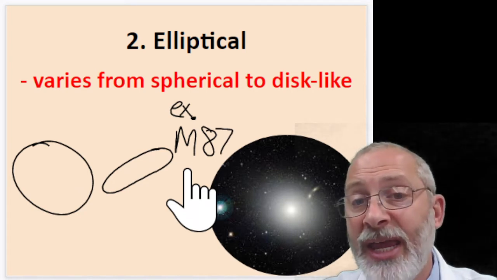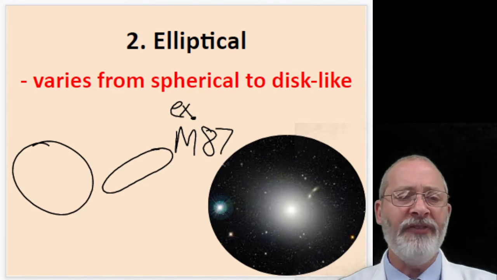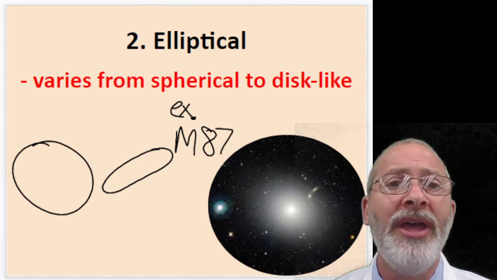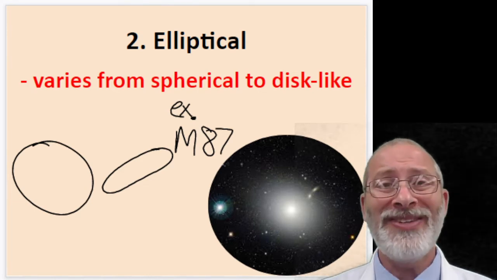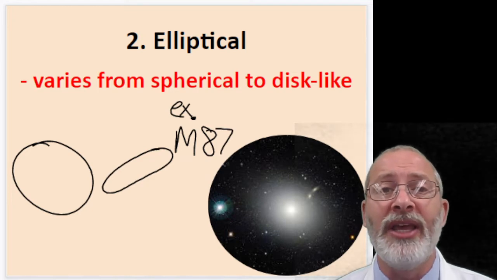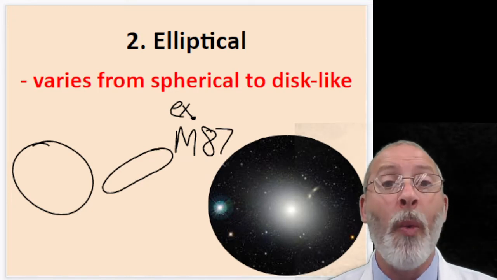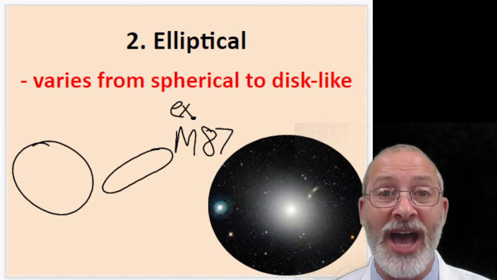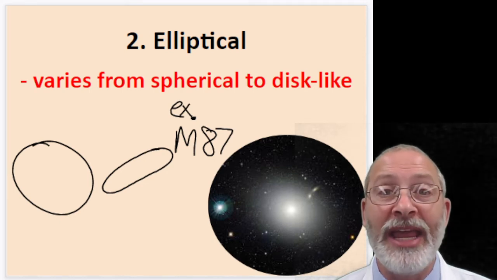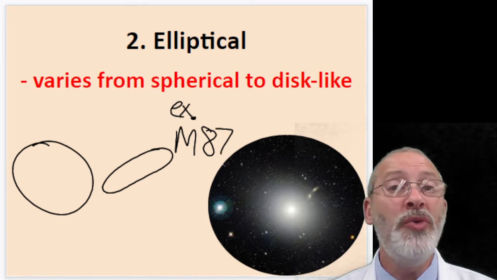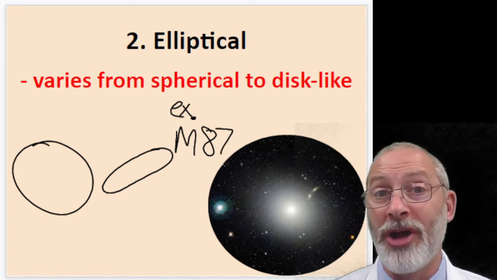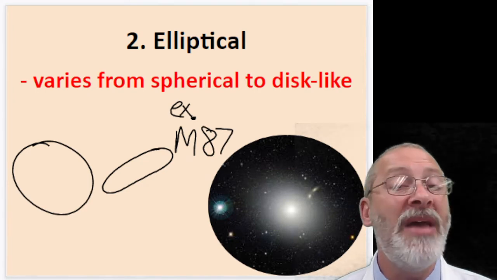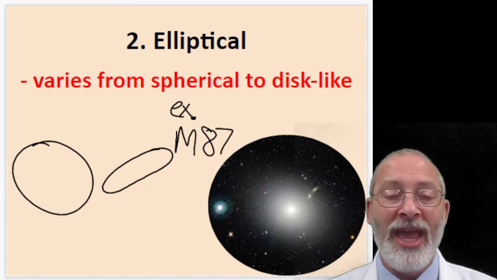M87 gets its name from a famous French astronomer called Messier. And Messier once put together a list of the top 100 cool things to look at in the night sky that you could see with the unaided eye. The top 100 objects. If you want to learn more about astronomy, check out the Messier catalog,